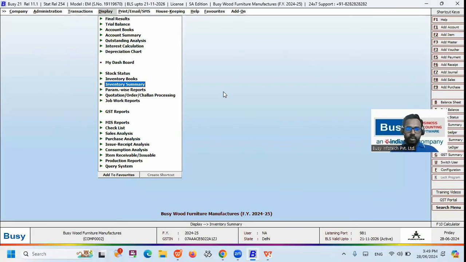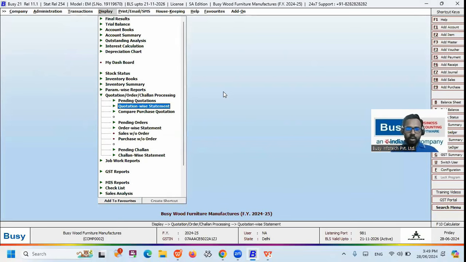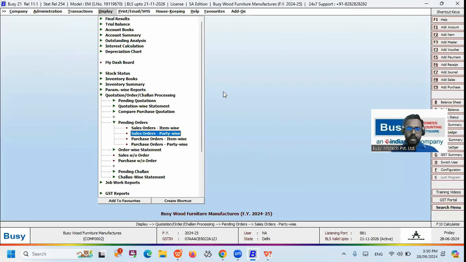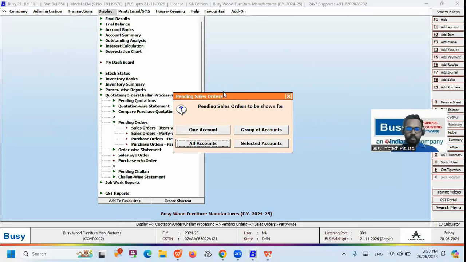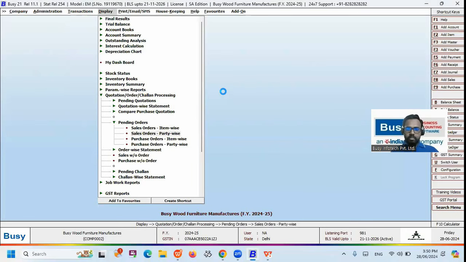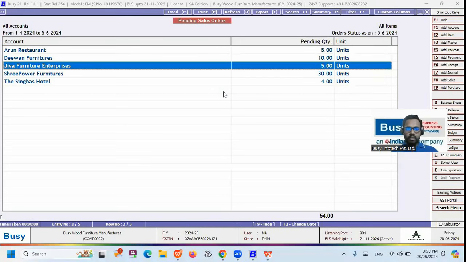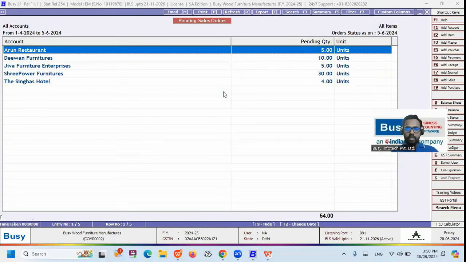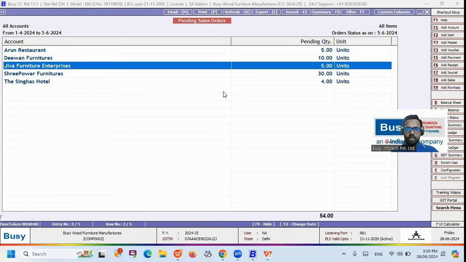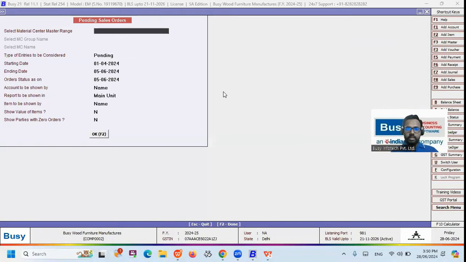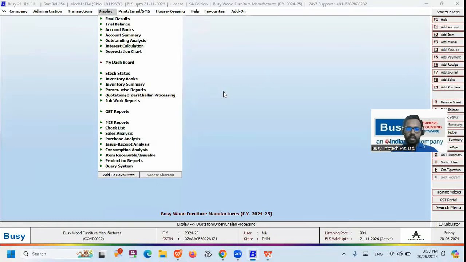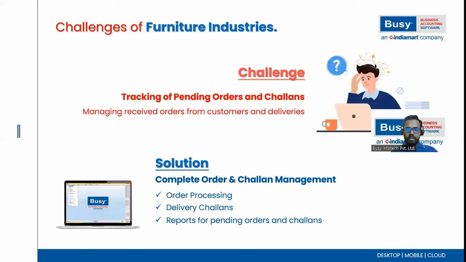After that, you can get the report from here. Pending orders. You can see the pending orders item wise, party wise, etc. If you delivered only partial orders to the parties, then the remaining quantities will be shown in the pending order list. You can see the pending orders, many parties where deliveries are pending. See the pending orders list. This is how Deepak ji will maintain his business, so that he will be easily and seamlessly doing his business